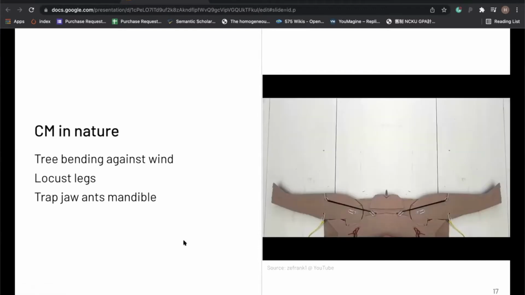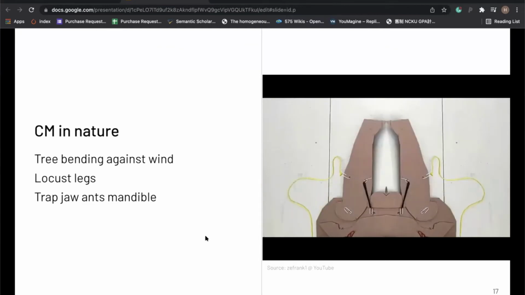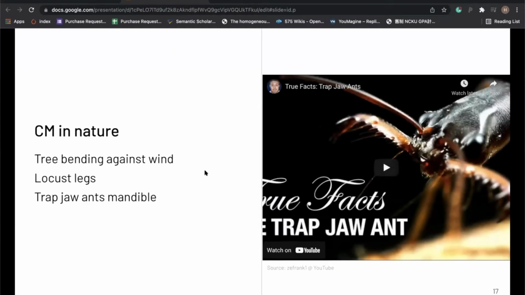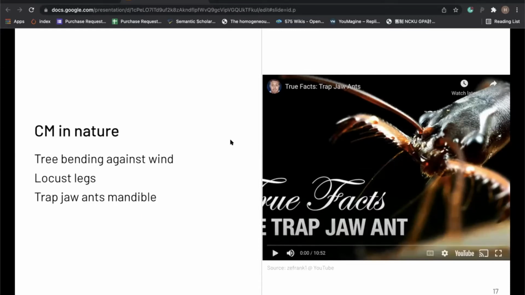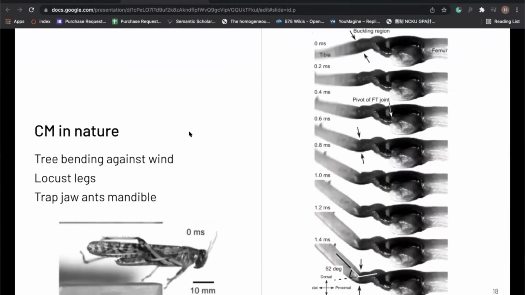Finally, given the appropriate signal, another muscle releases the mandible from the catch, and then they pop right up. All right, so that's the trap-jaw ant. So they're using compliant mechanisms on their skulls or their exoskeletons to trap and release energy to achieve a fast speed. This motion is in. And there are also other examples,